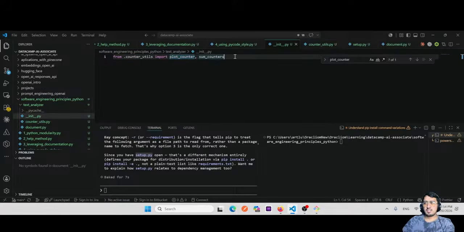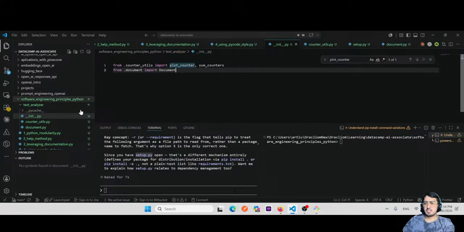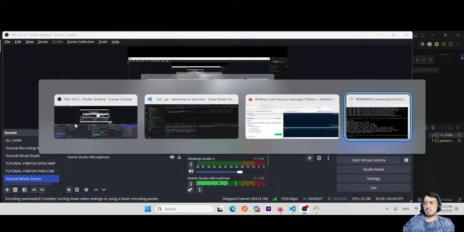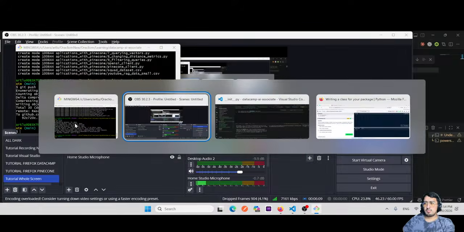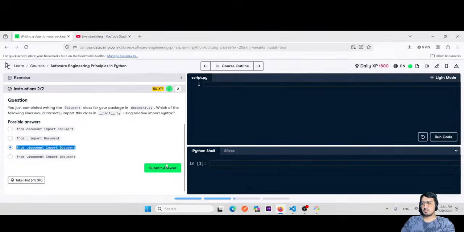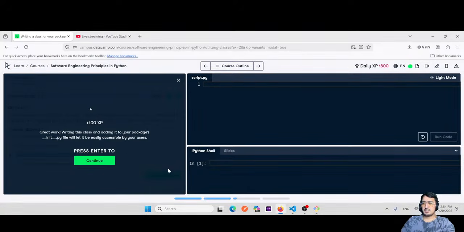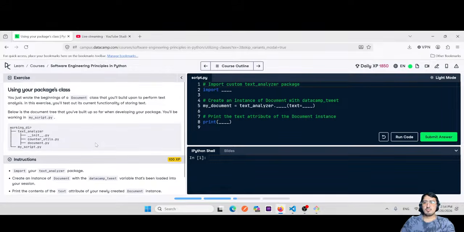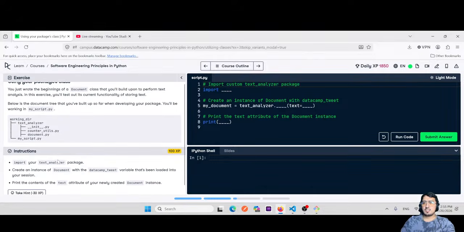Here, and then we run the, let's run this in. Submit the answer. This is good. So importing, so we need to import the text analyzer here,